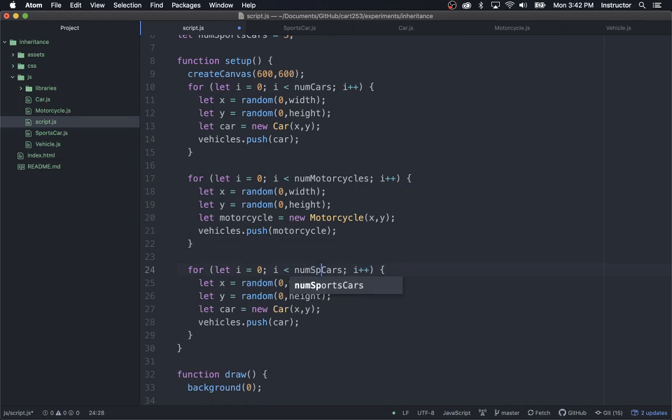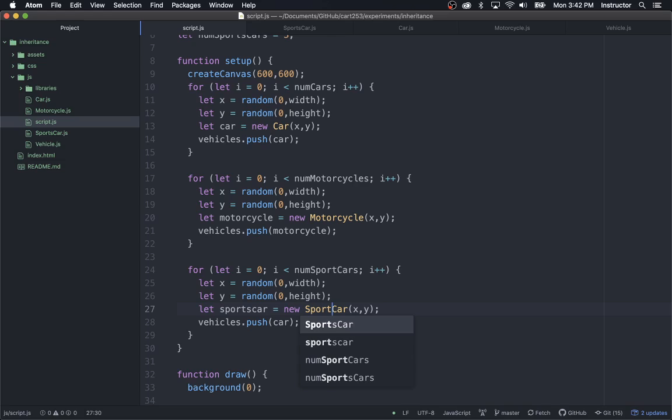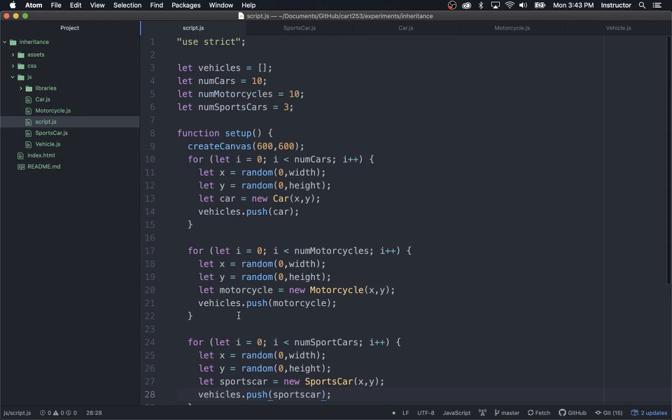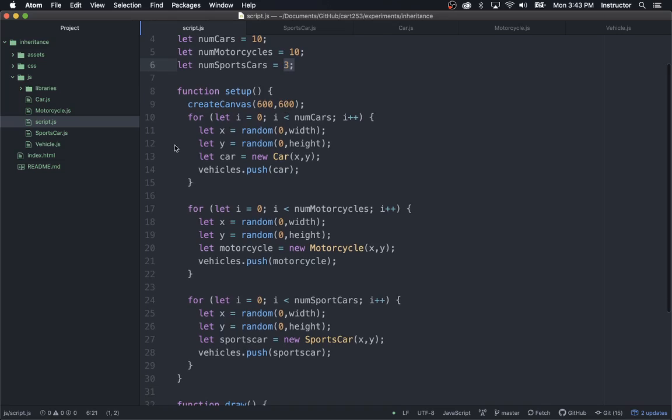We want to count up to sportscars.num sports cars. There's 3 of them. We still want to generate random positions just because that's easy. We're going to generate something called sports car, using the sports car constructor, which we just wrote. And we're going to add the sports car that we just created to our vehicles array. So now our vehicles array has got 23 things in it, right? 10 cars, 10 motorcycles, and 3 sports cars being added over the course of these 3 loops, all to the